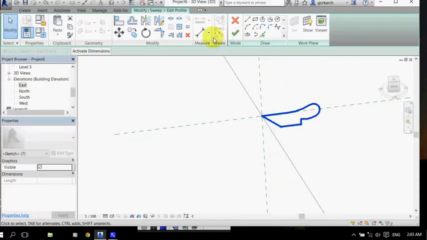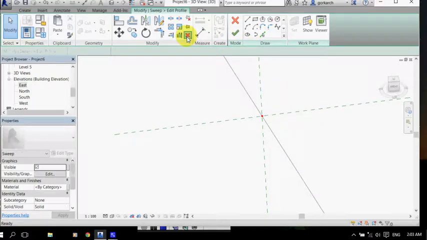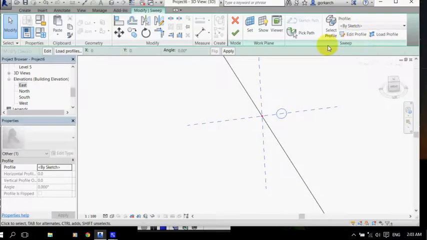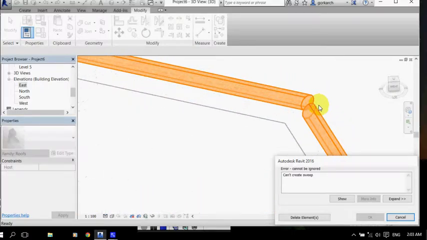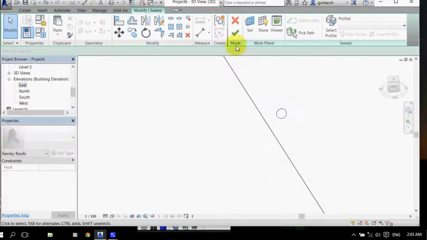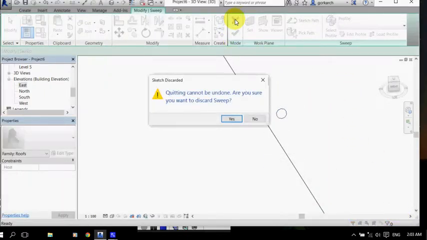So tab, delete, select circle, and send that circle. Same problem here. So I'm going to cancel this option,